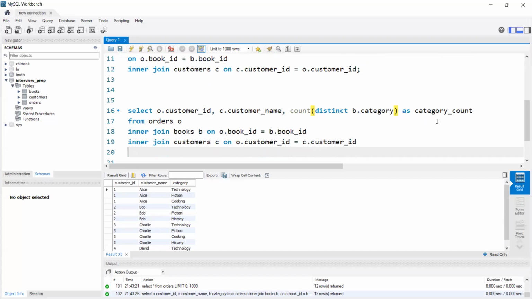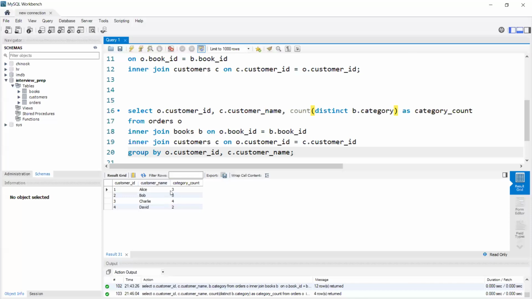And as we are applying the count, that is the aggregation, I have to apply the group by as well. So group by O dot customer ID, comma C dot customer name. So now when I run this query, you can see that I am getting straight away distinct category counts